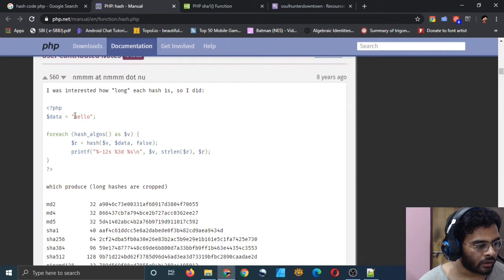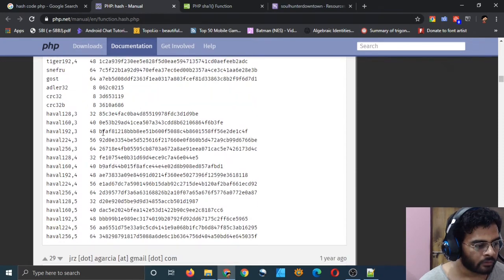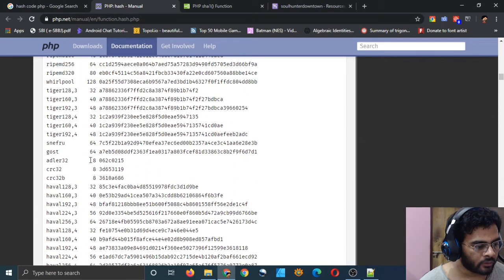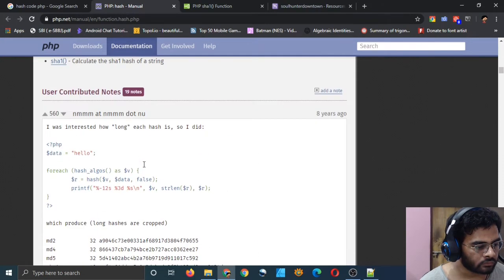So for hello, and for 1 2 3 4 5, five characters of plain text, it produces 8 characters of hash code.